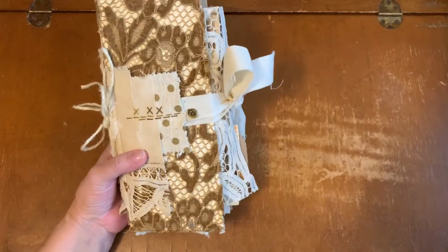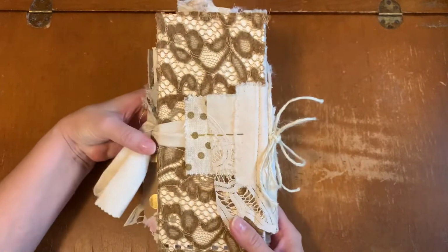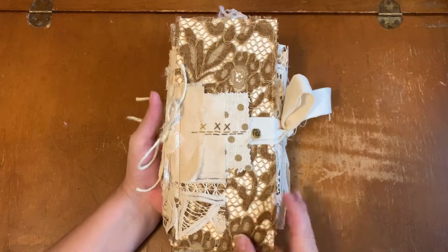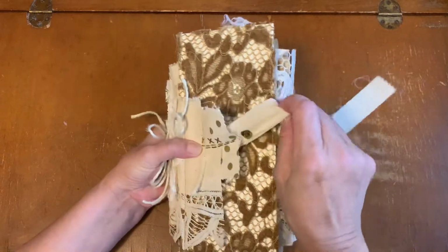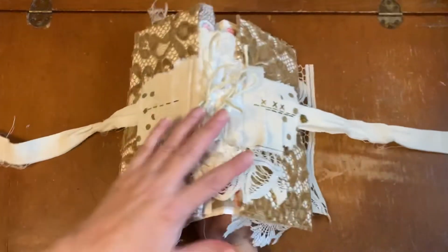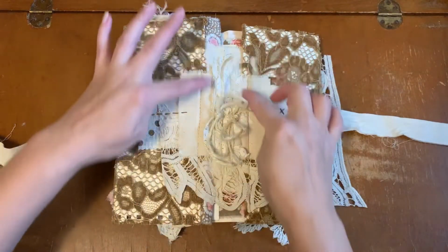Let's have a look at the cover, which is made from 2 Graphic 45 policy envelopes that have been covered with velour lace. We have an attached fabric wrap. Let's open this up. And on my spine, I have put unbleached cotton,